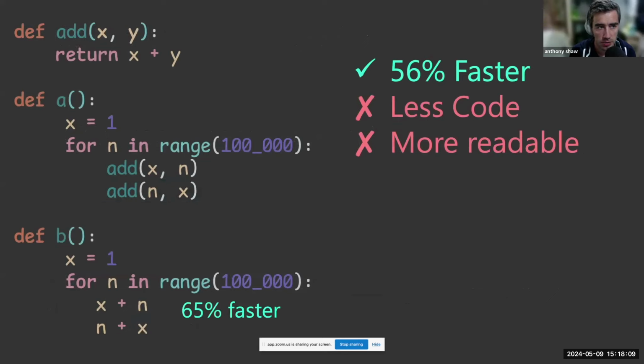So, for example, this is a bit of an exaggerated example, but if you made a function to add two numbers together, and you compared that with just making the statements by hand, it would be 65% faster.